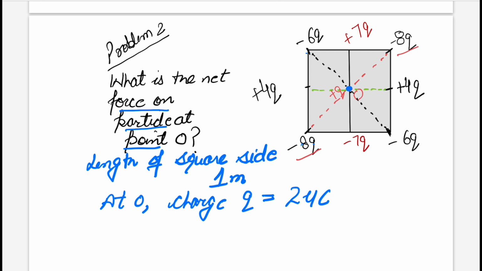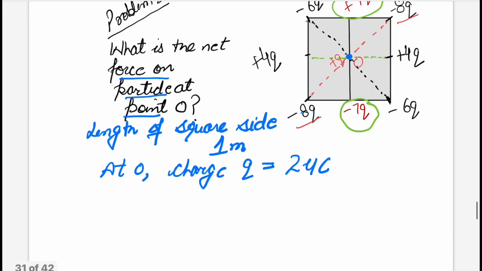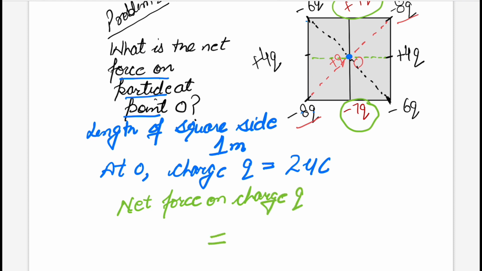So all these forces will be balanced. The force will come from plus 7q and minus 7q, right? So if you write the net force on charge q at point O,